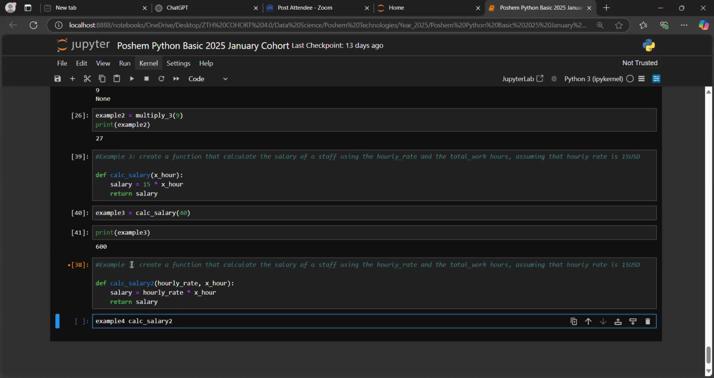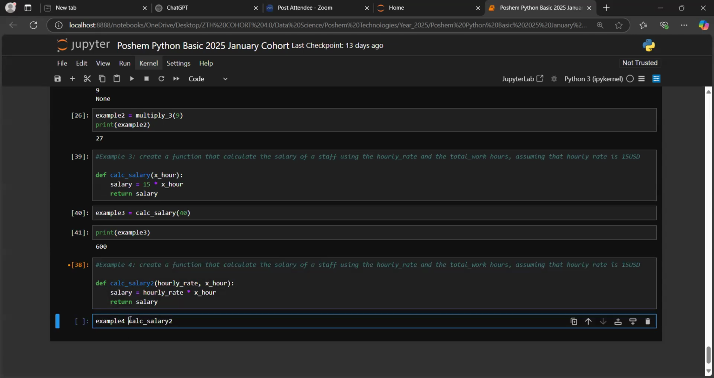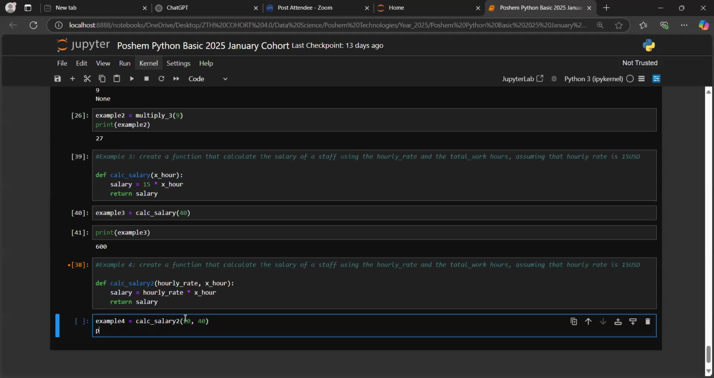This is example 4 equal to calc salary 2. You now call how many hours? Hourly, let's say the company has considered their staff, they are doing well. They want to increase their hourly pay. Let's say it's 15 USD, comma, how many hours? 40 hours. Then I want to print